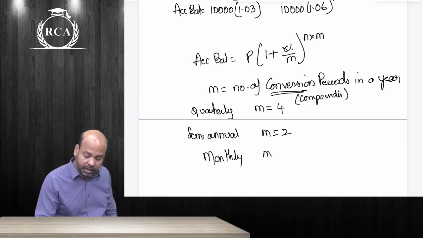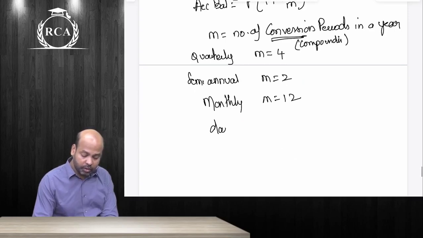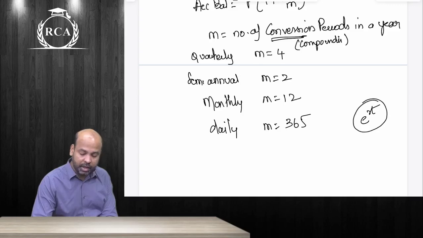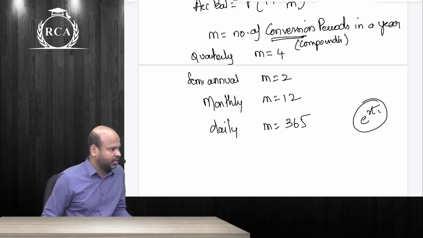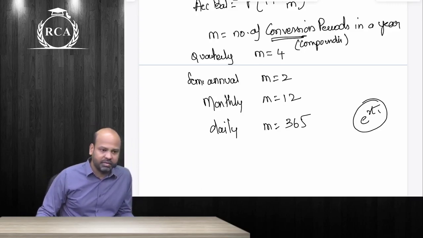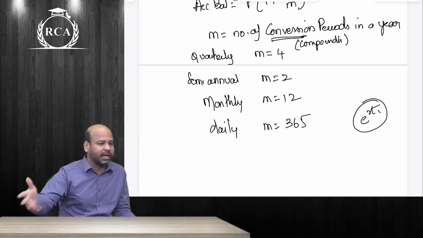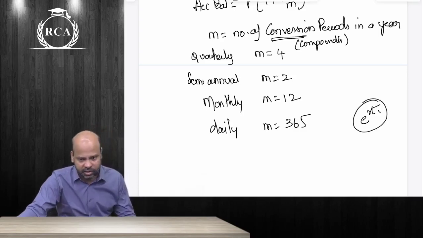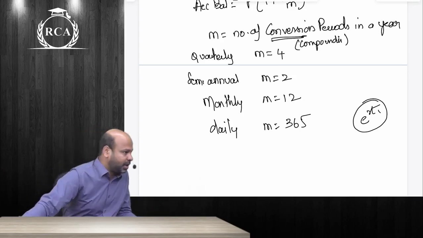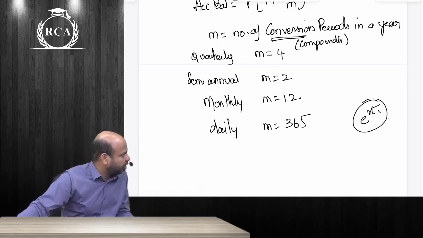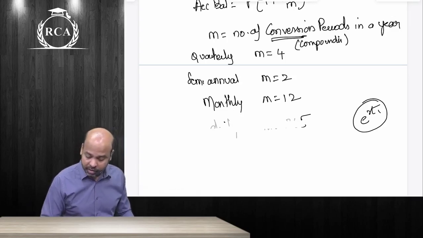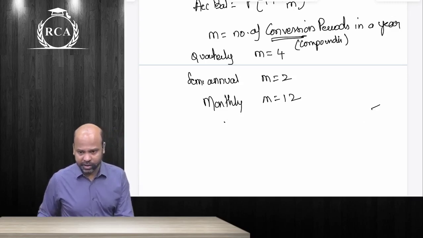If it is done on a daily basis, we do not take 365 beta. We will learn later. We will replace it with something called e power RT. We will have that concept also, guys. As of now, yes, if it is daily compounding, it is divided by 365. Divided by 365 whole power करना आएगा नहीं बेटा. We use the concept of limits. No one is expecting you to have background of maths knowledge, guys. But based on that beta, we derive the concept of e and directly use e power RT rather than using all of this. We will discuss this later beta, not required as of now. ये समझ में आया? Yes or no, guys?